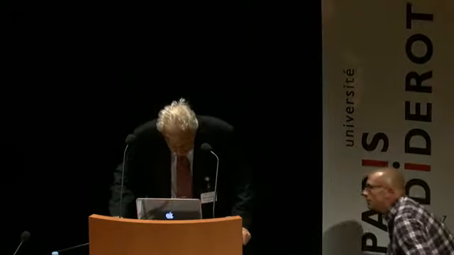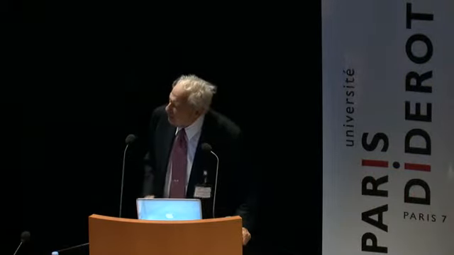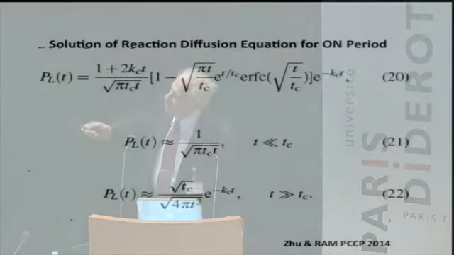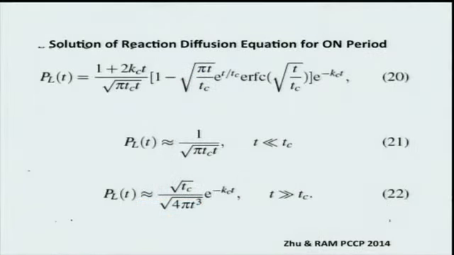Oh, something else happened here. Let's see, how do I get back here? Here we are. Okay. I guess it turns itself off if you spend too much time talking, doesn't it? I know it's trying to tell one something, but what can you do? All right. Well, anyways, here's the expression that comes from solving that diffusion equation. This is the on period, so it has that exponential tail in there. And it's true, this is for the given problem, that's an exact solution, but it's messy, isn't it?